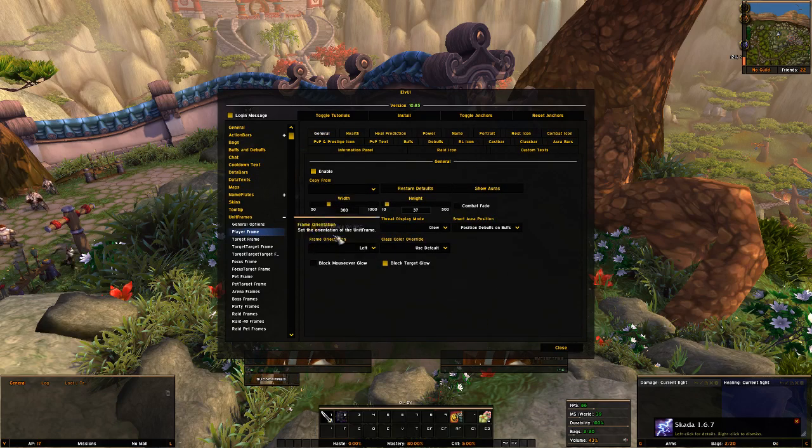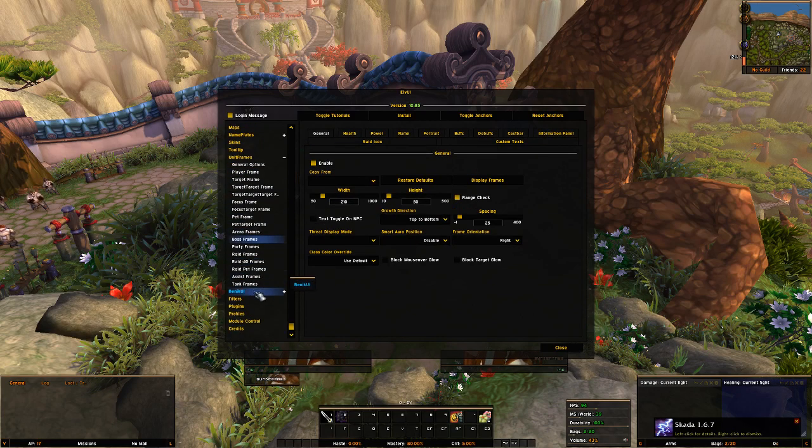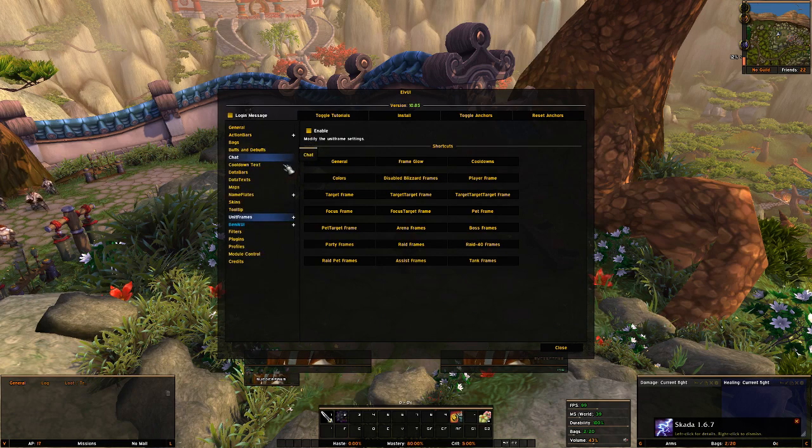Then you've got your player frames, which is a similar sort of thing, and buffs. You can see that you've got a lot of options here. I'm not going to go into all of them, but each thing seems to be self-explanatory. You can change the size of the health numbers, that sort of thing. Boss frames, everything. Once you've got it set up, I generally just use the base. I don't mess around with it too much at all. But that should give you a general idea of what goes on with ElvUI,